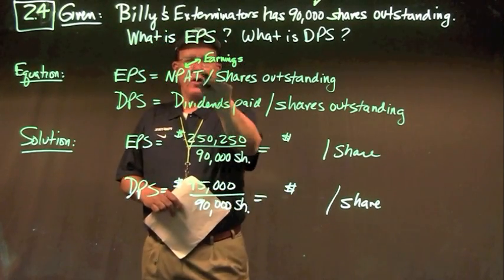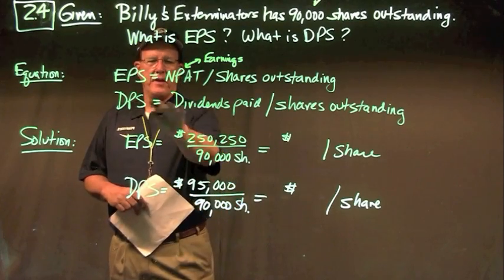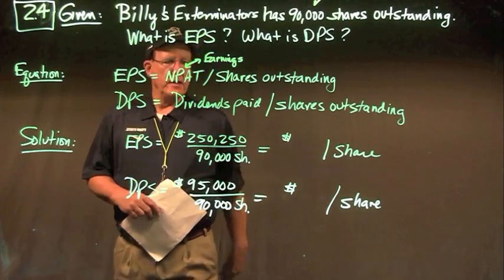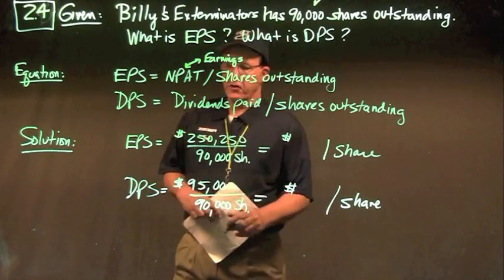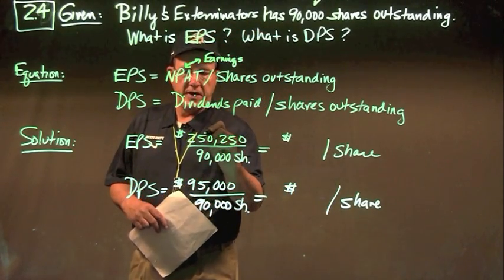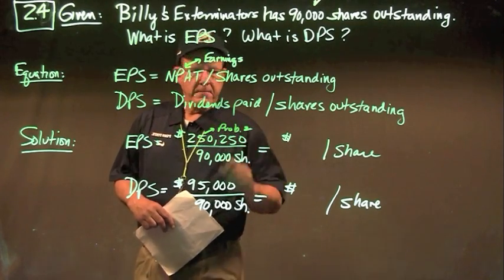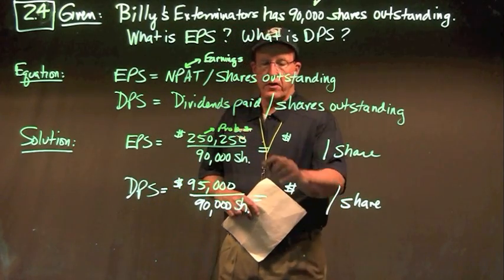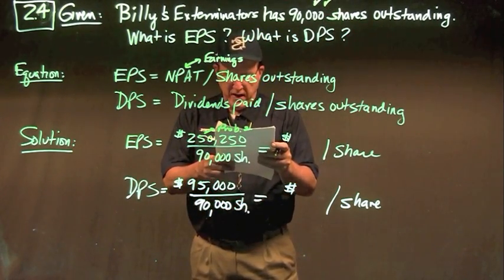So NPAT, or earnings, divided by shares outstanding will give me my earnings per share. And then dividends per share will be the dividends paid from problem 3 divided by shares outstanding given in this problem. So earnings per share: net income of $250,250, from problem 2, we all agreed to that number earlier, divided by 90,000 shares that are given up above. And I get an answer for earnings per share of